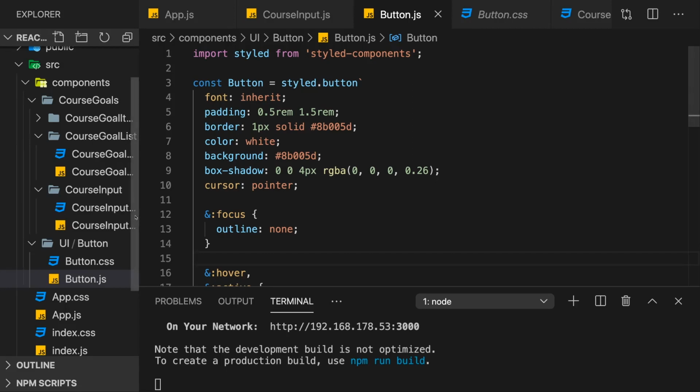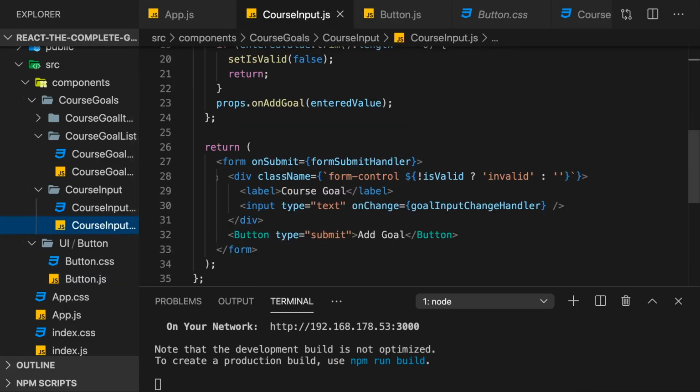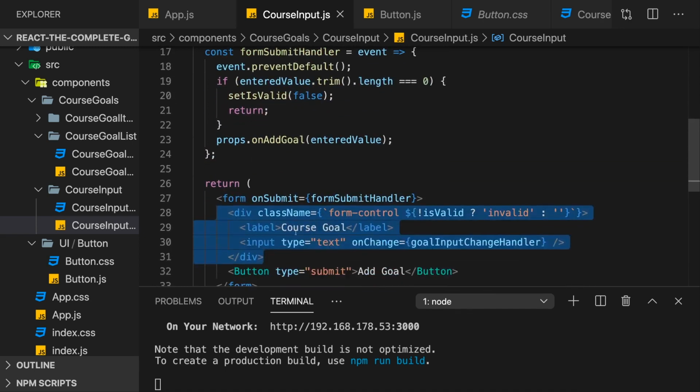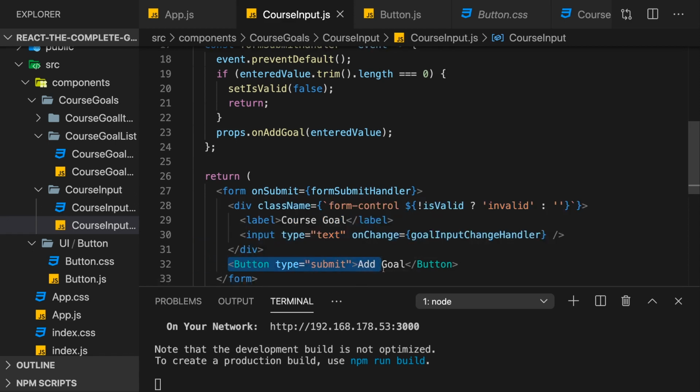Styled components can be very useful, but can we also use them for our div here, for example? The answer is absolutely. If we want a styled component which we really only use in this file, we can also create it in that file. We can also create a brand new file as we did it for the button,